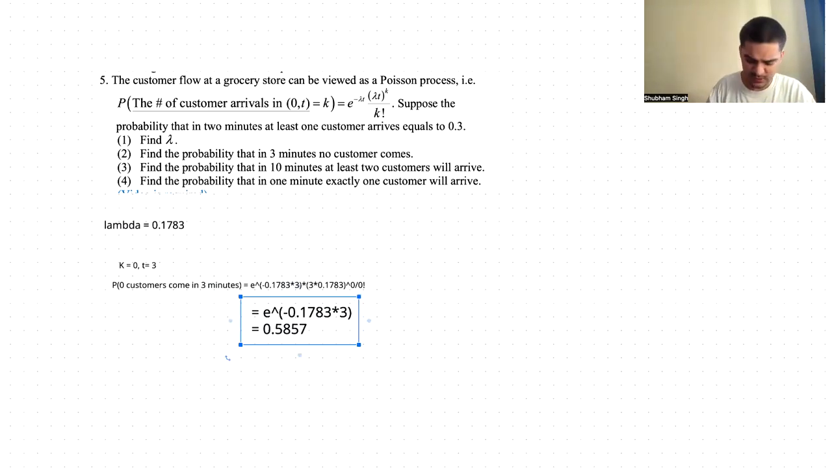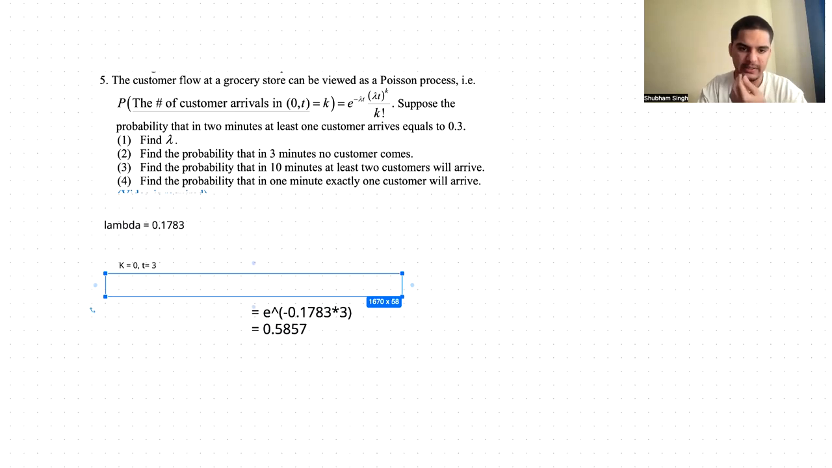Moving on to the third part of the question. We need to find the probability that at least 2 customers will arrive in 10 minutes. So we can change this to: the probability that at least 2 customers will arrive in the first 10 minutes is, it can be given as